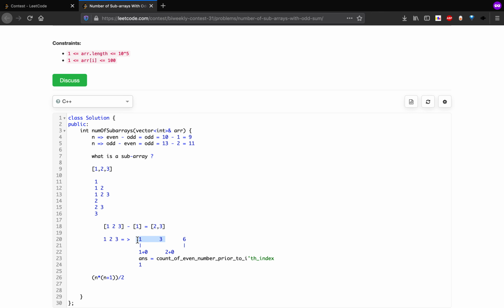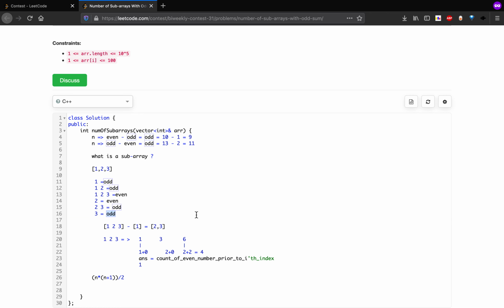It is 2. So we just have to add it to our answer. 2 plus 2 is 4. So the total number of subarrays with odd sum till 6 is 4. How? This is odd, this is odd, this is even, this is even, this is odd, and this is odd. So 1 2, 1 2 3, 3, and 4.